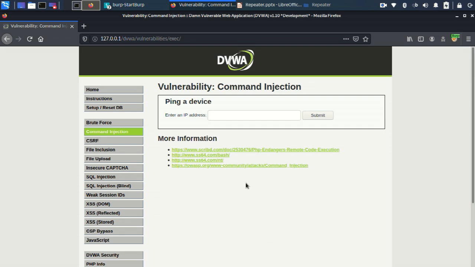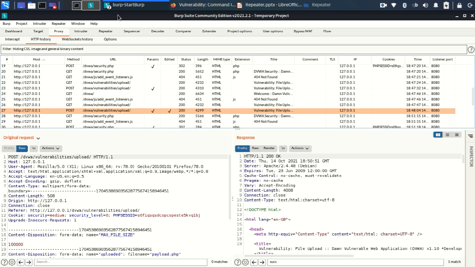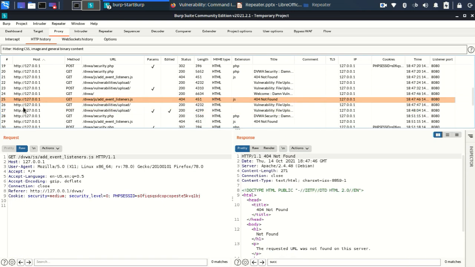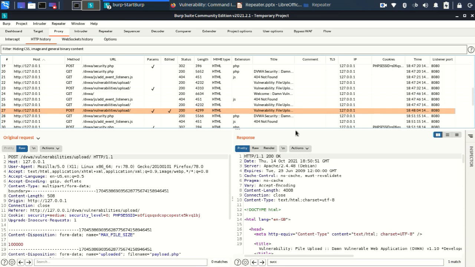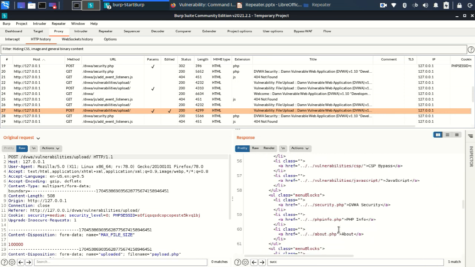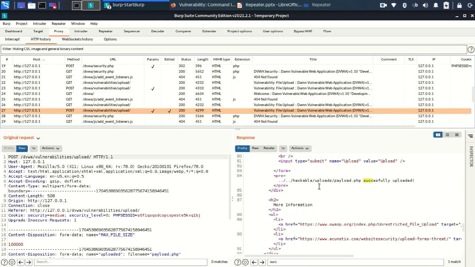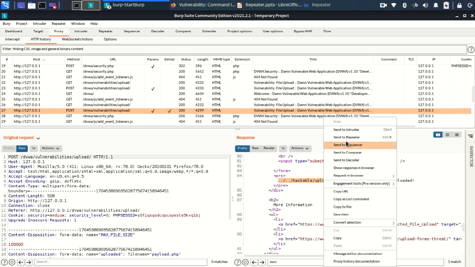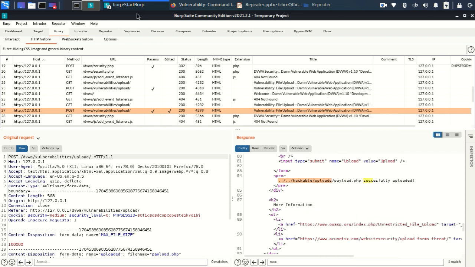This is our request, uploaded, where the path is. This is the path where the file has been uploaded. Actually this is some other request, but this is the actual path. So what to do, we'll copy it, and then with this command injection vulnerability, we'll try to copy and rename the file.